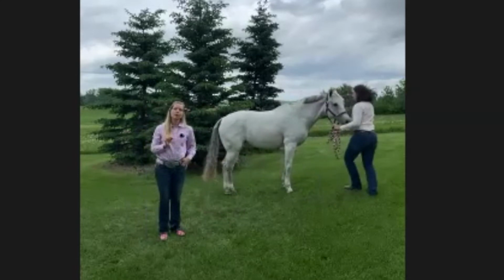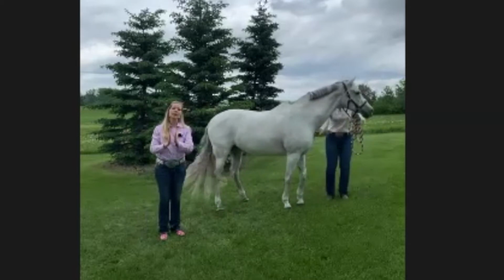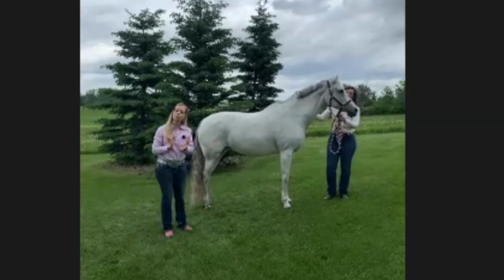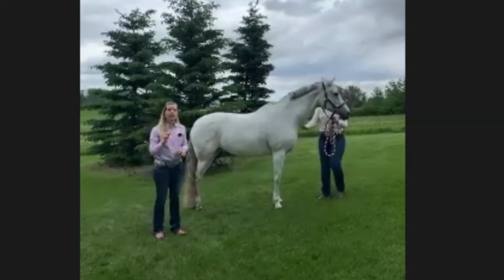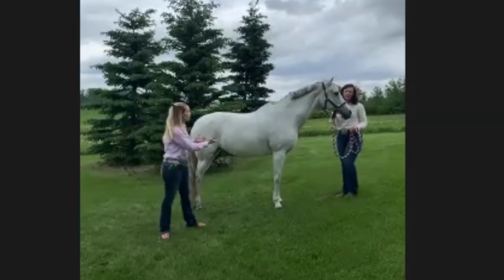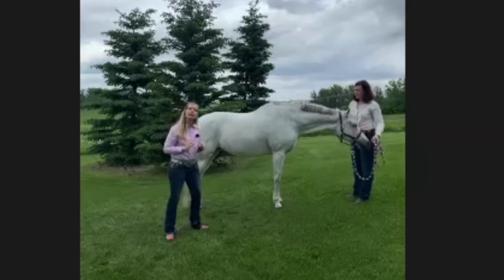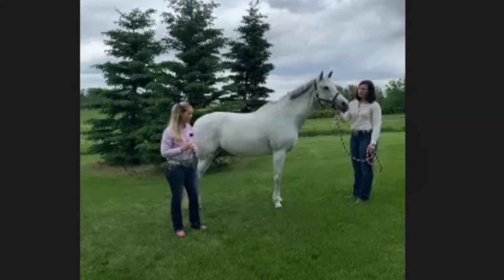Repetition is a question that we get a lot. People want to have a very finite amount of things that they're going to do with their horse. Kim and I always tell people to start with about 10 to 20 reps of your isometric exercise. The kicker with that is you have to watch for fatigue. So if I'm doing belly lifts and the first 3 are great, and then my horse is turning around and trying to bite me, lifting its hind leg up and giving me the little warning sign,